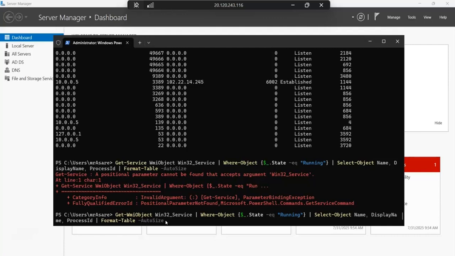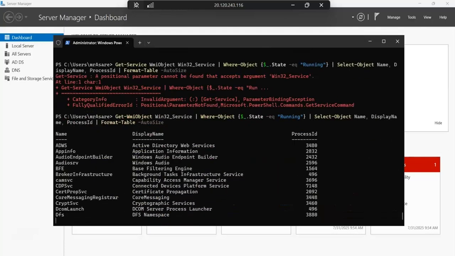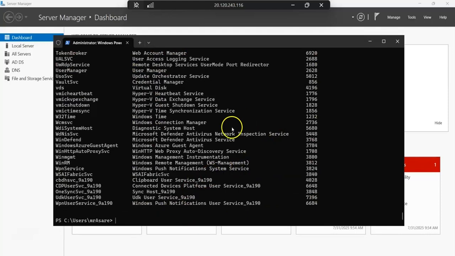So the get services also is a way of getting services displayed. It's just that it doesn't go with some of these appended, for instance like the WMI object as a parameter being thrown to it, or an argument being thrown to it. It doesn't have those things. So I think this should work now, and it does,